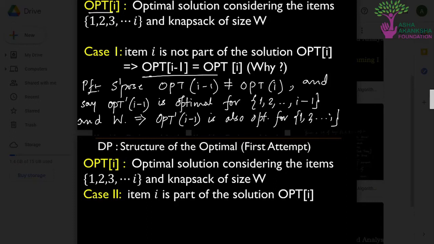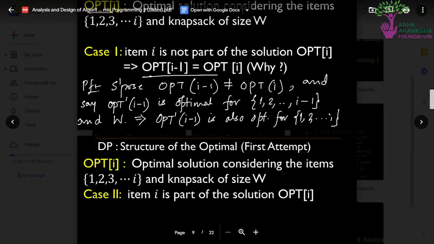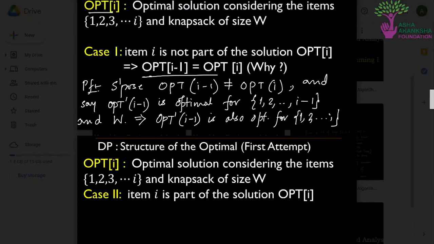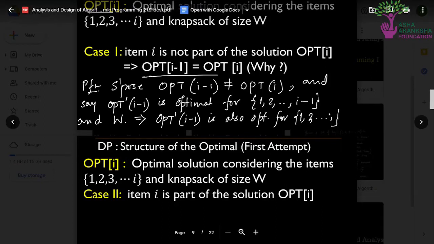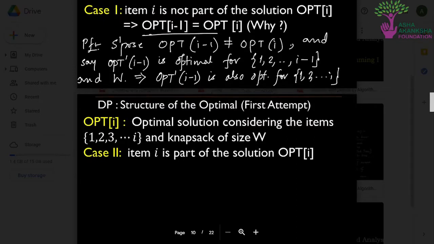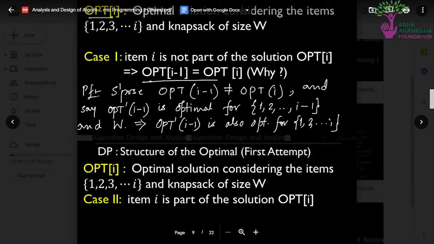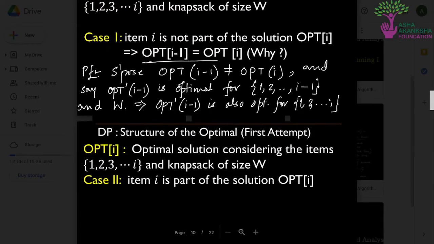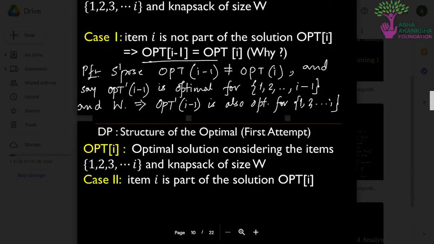But we know that opt(i) is the optimal solution, which is a contradiction, and hence we can simply say that opt dash (i minus 1) is equal to opt(i minus 1). Why? Because we initially took that opt(i minus 1) is different from opt dash (i minus 1), according to the general format followed in contradiction proofs. Now we have discussed the first case.